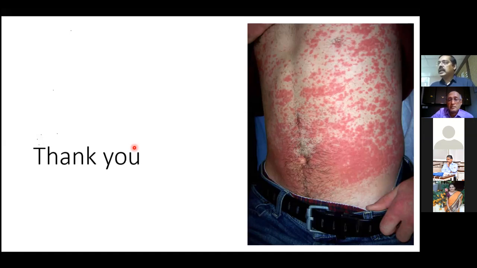So until then, if you are strongly suspecting that it is a pustular infective condition, then you can give an empirical antibiotic. But having said that, invariably we find that these pustular eruptions can be either a miliaria pustulosa or it can be an AGEP, acute generalized exanthematous pustulosis, which can be related to a drug. So it is safer to diagnose it first and then start an antibiotic. All pustular eruptions should not be taken as infective.